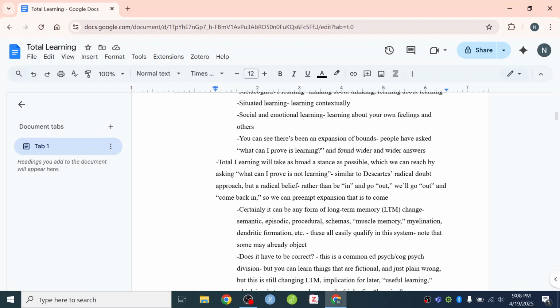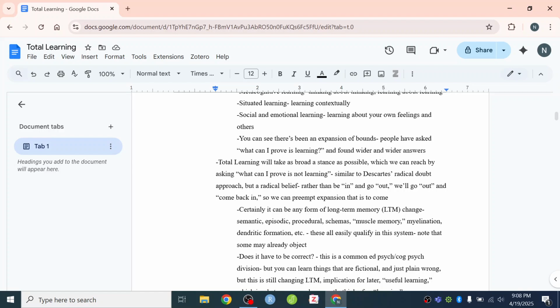However, what we could say to that kind of raised hand objection is that, listen, you can learn things that are fictional. You can learn about Huckleberry Finn, and you can learn about Jay Gatsby, and you can learn about all of these things that do not really exist in reality. They don't map to any kind of empirical existence other than so much as they exist in some form of literature, some kind of fictional world.